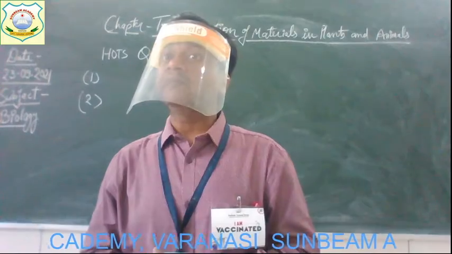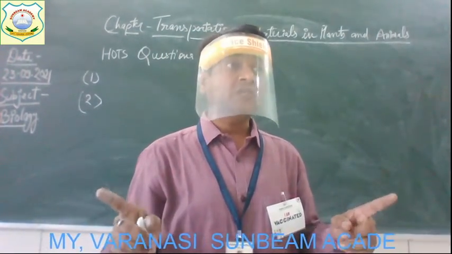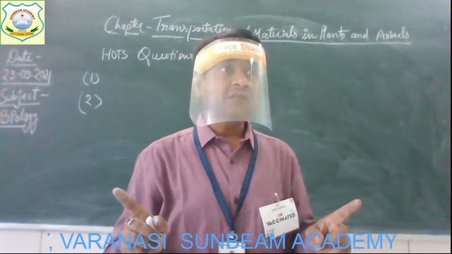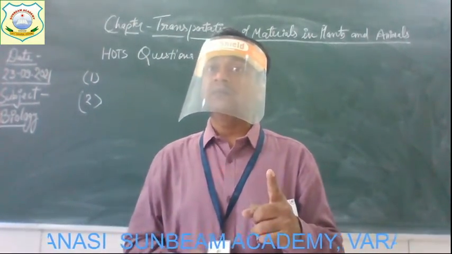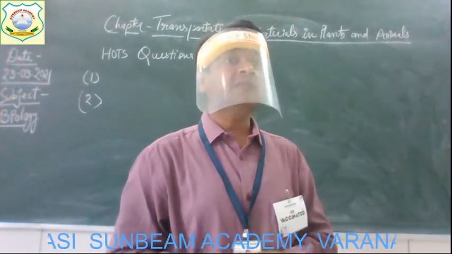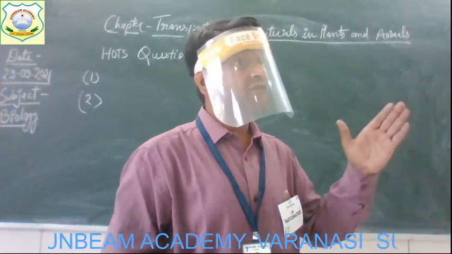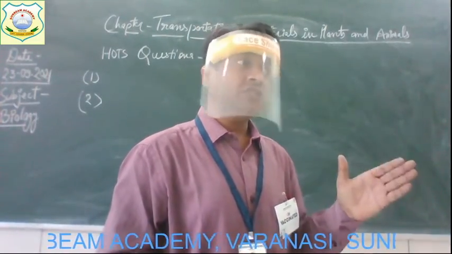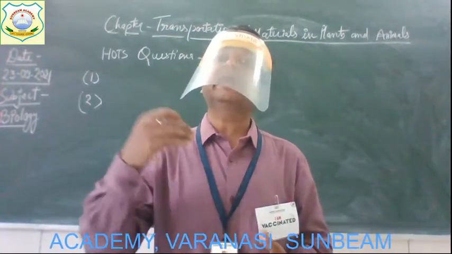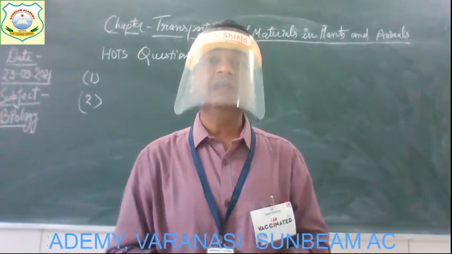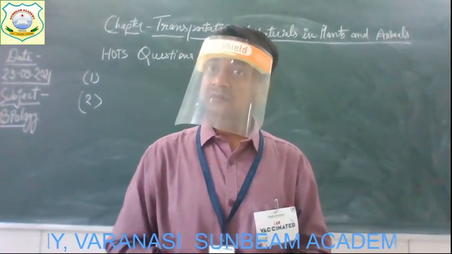So remember children, we have explained the structure of the heart with the help of a diagram. In the left side of the heart, that is in the left auricle and left ventricle, oxygen rich blood is present, and in the right side of the heart, that is in the right auricle and right ventricle, carbon dioxide rich blood is present. Get it?